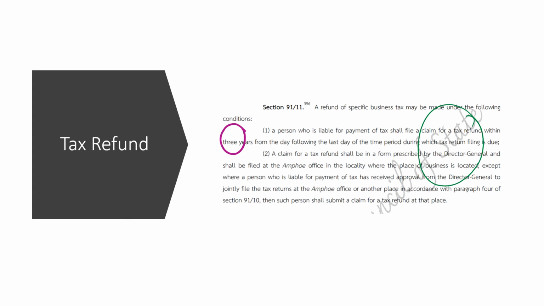In this case, if you are entitled to get a tax refund, you need to file a claim for a tax refund within 3 years from the day following the last day of the time period during which tax return filing is due. So you have only 3 years. Therefore, if you would like to file a tax refund, you need to do this within this period of time under section